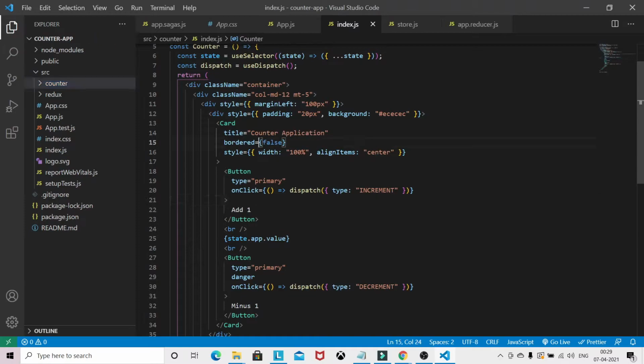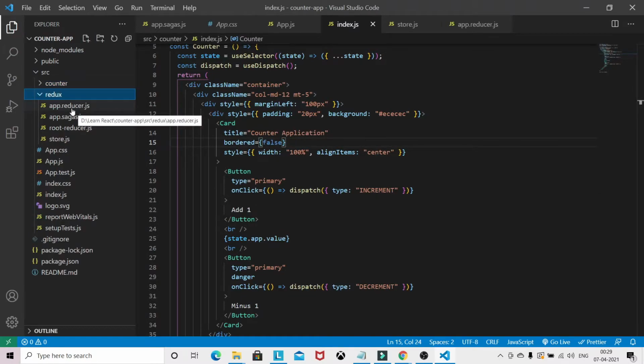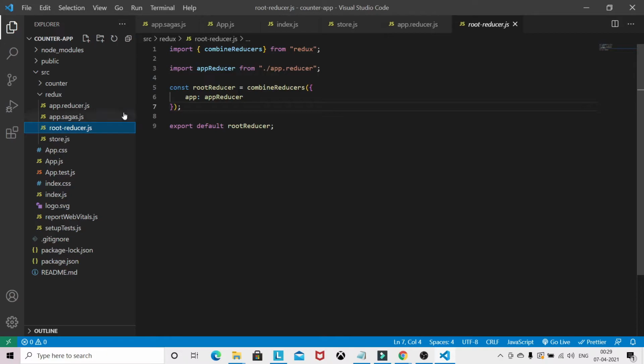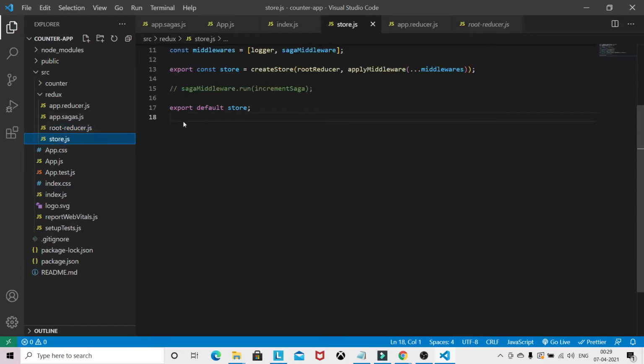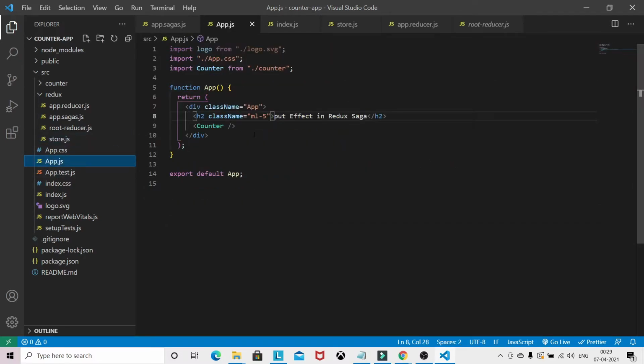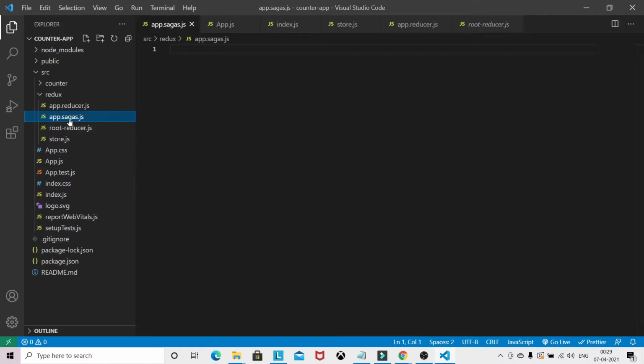Let's come into the Redux part. Here we have a reducer for increment and decrement. This is the root reducer, and this is the basic store setup. And this is app.js, where I'm using the counter component. So let's start writing the Sagas.